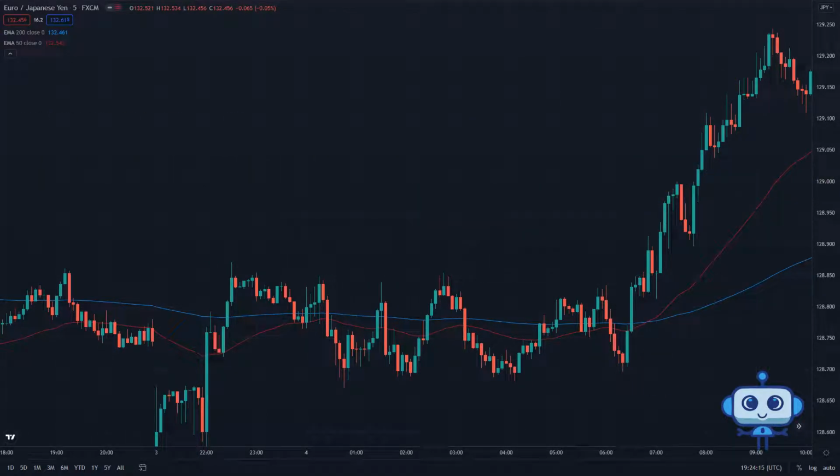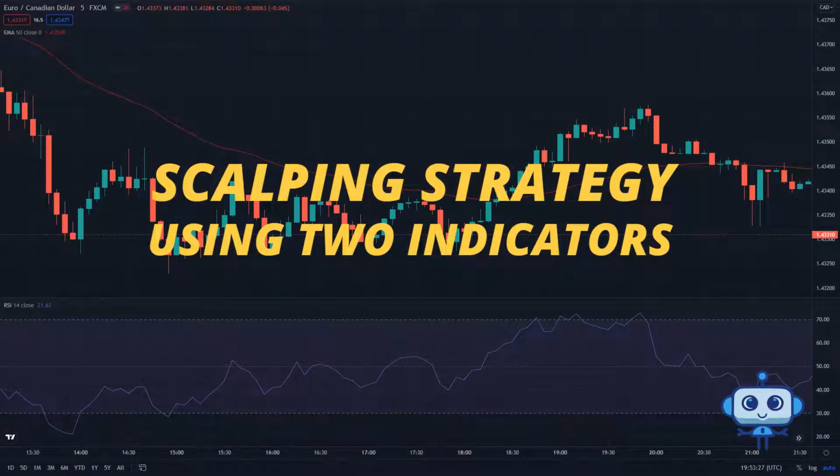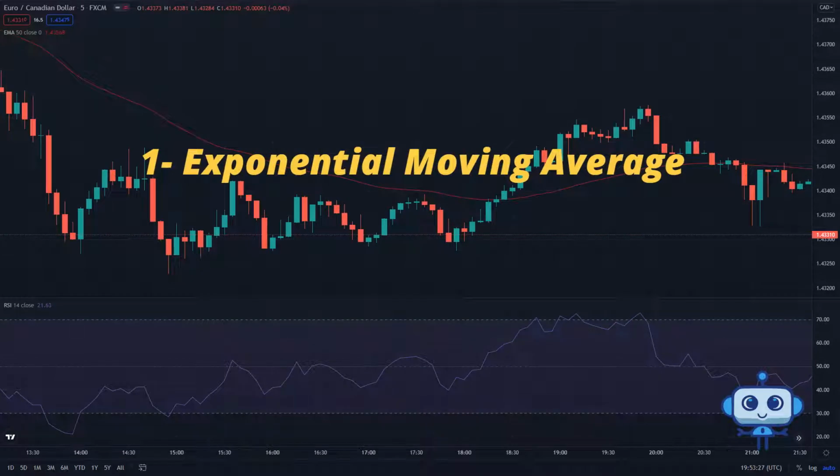Now, let's move to our next strategy, in which we will use two indicators to make the strategy even more effective. Scalping strategy, using two indicators. In our first strategy, we have used two exponential moving averages, and it was based on their crossover. In this strategy, we will use only one exponential moving average, and with that, the second technical indicator will be